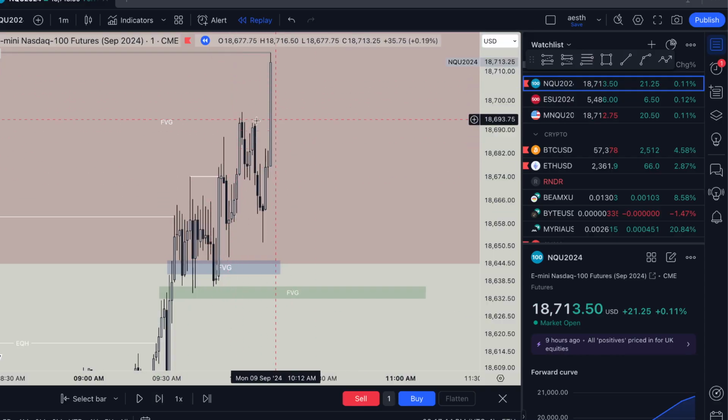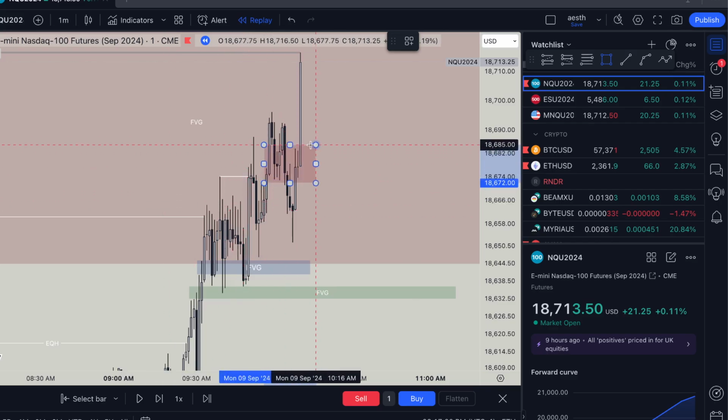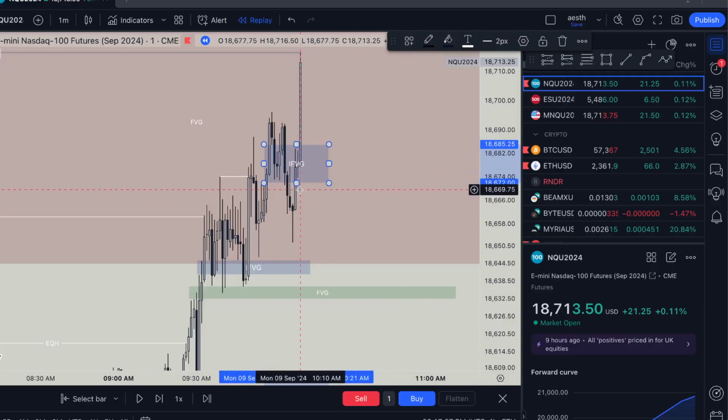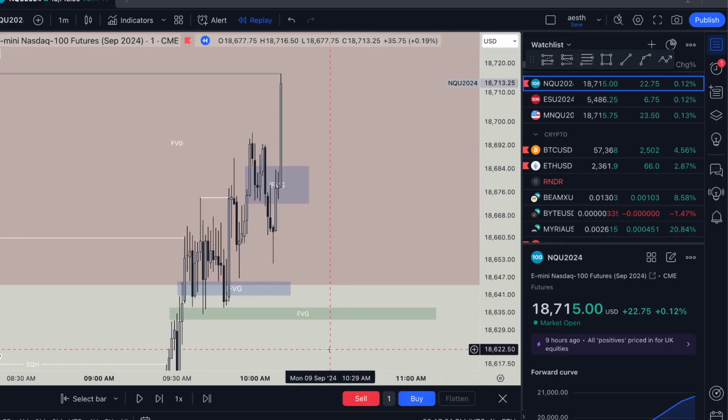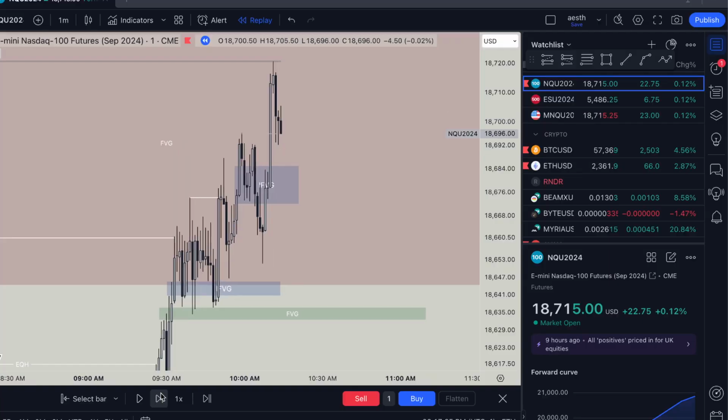So ES hits this draw, and we get this little manipulation move up. So people were entering early off these inversions right here, and ES had yet to hit that unfilled hourly. But ES hits it around this candle, and then price rips up one more time on NQ. And eventually, we open up